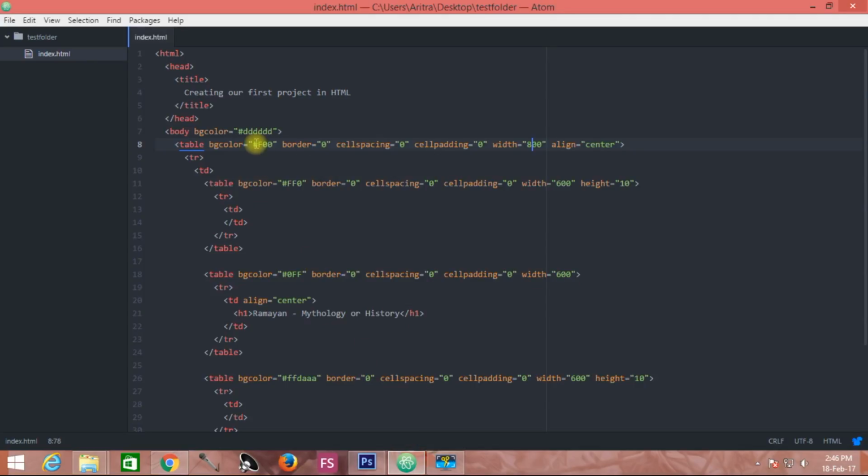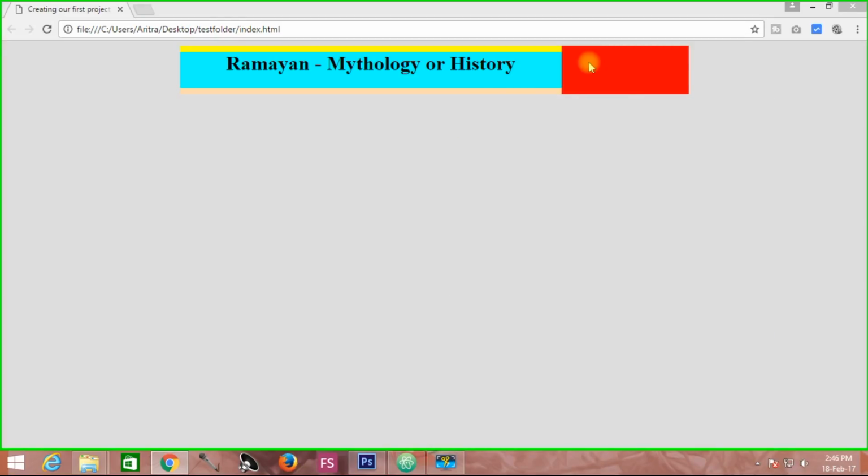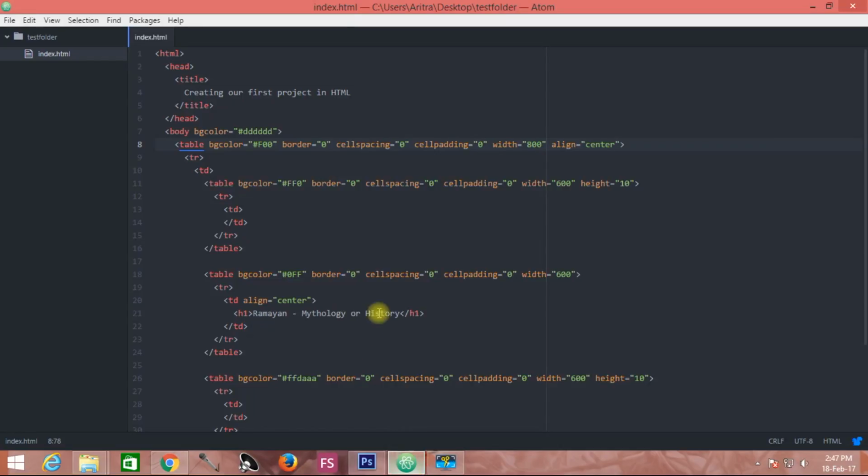You have provided the red BG color, and that is why it is executing the red BG color, and all of them are in place. All of them are actually coming under this mother table you have created outside of the content of your web page. So we don't need to extend the width of this mother table. That is why I am reverting it back to its previous value, which is 600 pix, pressing Ctrl S.